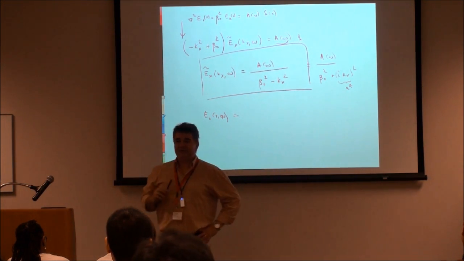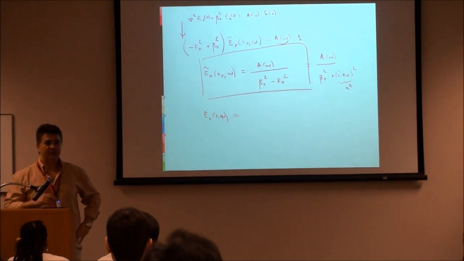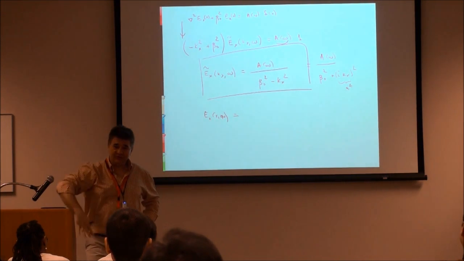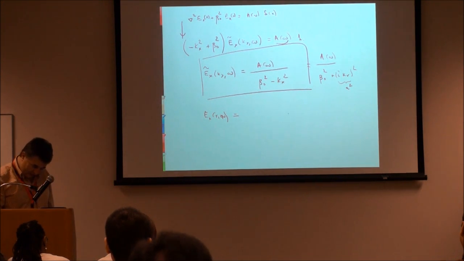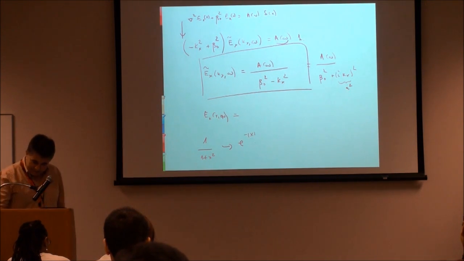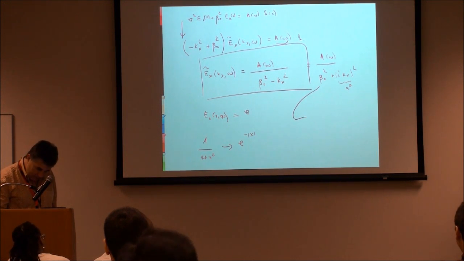What's the line width of a natural... What's the natural line width shape spectrally? Let me help you. It's a Lorentzian. That is because you have an exponential decay time between the two levels. What I'm trying to say is that 1 over 1 plus x squared, the Fourier transform of that is e to the minus modulus of x. Okay? Going back means the Fourier transform of this should be something like e to the i k,